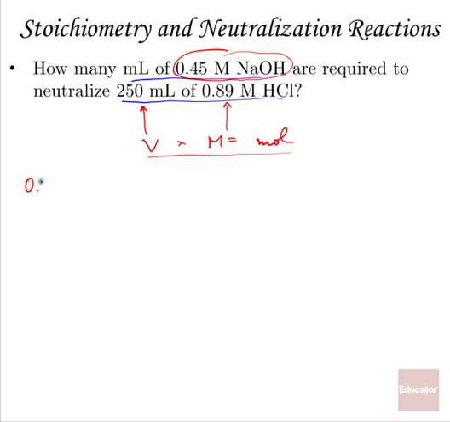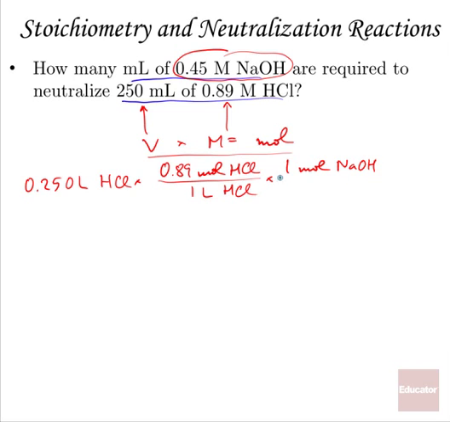So, 0.250 liters of the hydrochloric acid times 0.89 moles of hydrochloric acid over 1 liter of hydrochloric acid. Okay, that's moles of A. And now from moles of A on to moles of B. That is a 1-to-1 ratio from the balanced chemical equation, everybody. So times 1 mole of sodium hydroxide divided by 1 mole of the hydrochloric acid. And that gets us, oh,